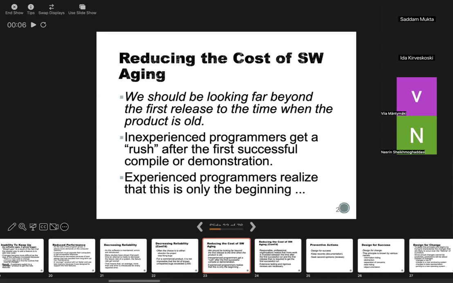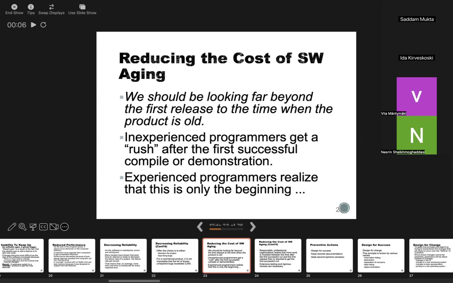For reduced performance, there might be a poor user experience, and we even need to optimize the outdated code. For decreasing reliability, our brand reputation might be hampered, and we can lose customer trust. So after discussing